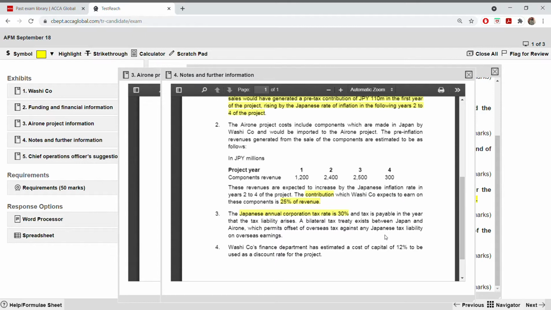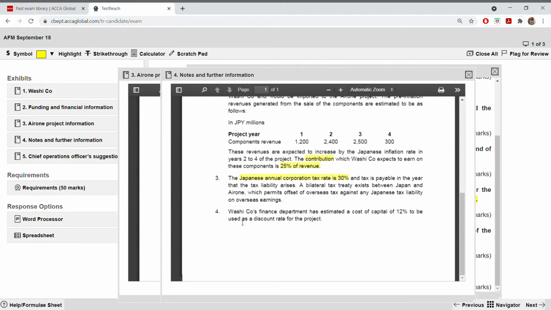Okay, it will be offset. There you pay 20% overseas, here only 10% you will pay because Japanese tax is 30%. Finally, the last one, Vashi, and most of the time, I have never seen up to date a question